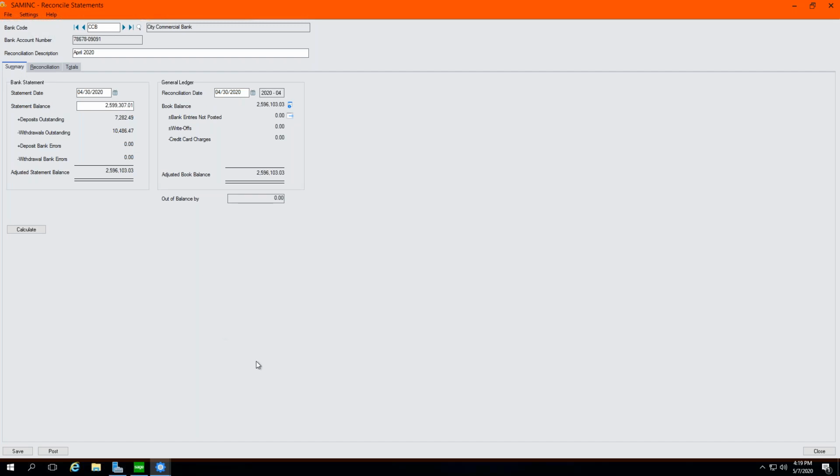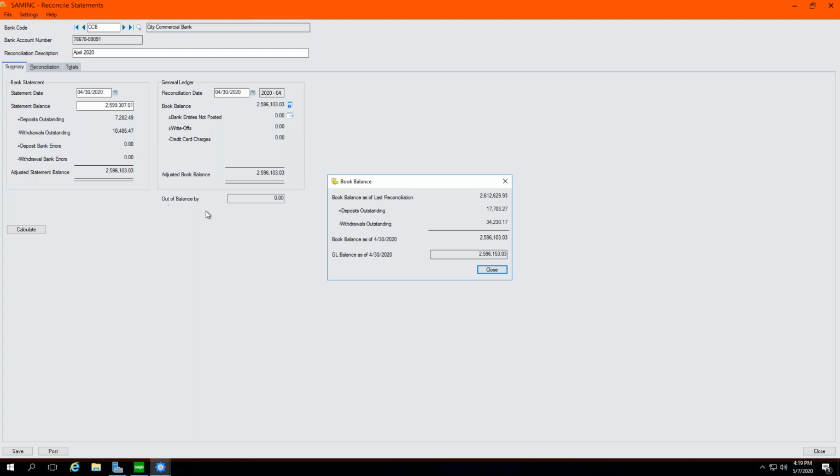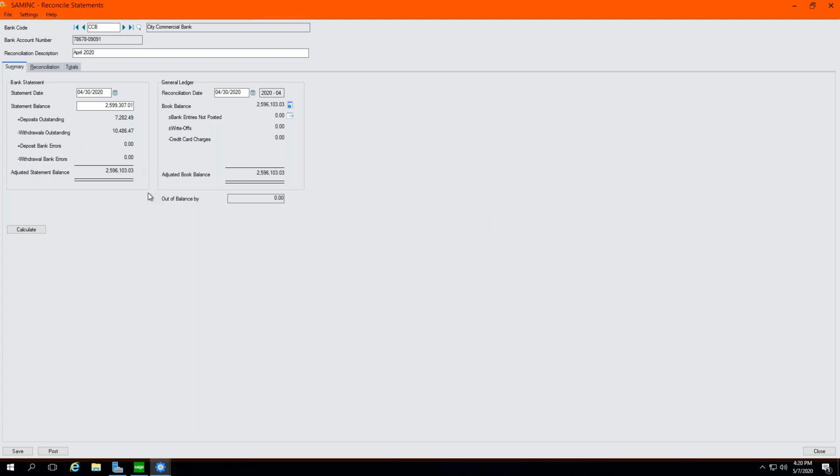We can create a bank transaction that just debits and credits cash to get the book balance to be in line. You can also kind of fake the statement balance the first time through so that you can get this to come out to 0. But the most important thing is to make sure that your book balance and your GL balance match what the bank reconciliation is on the left-hand side. The left-hand side represents the bank, and the right-hand side represents you in Sage. So you can post right from here,